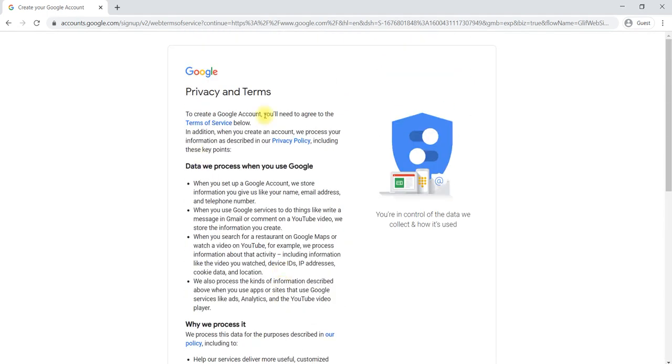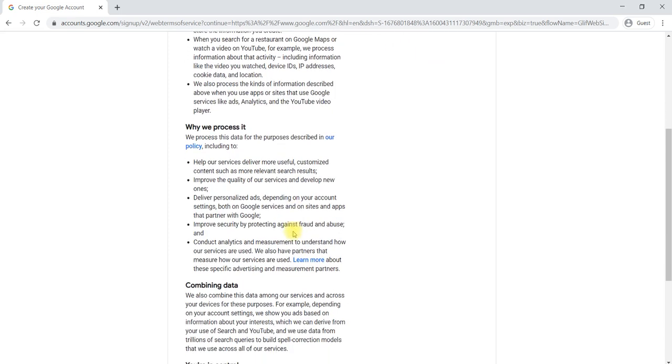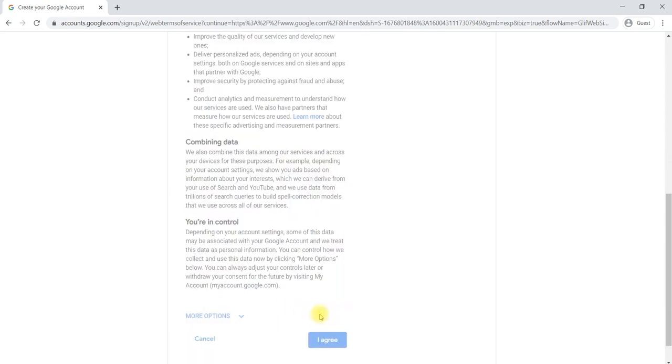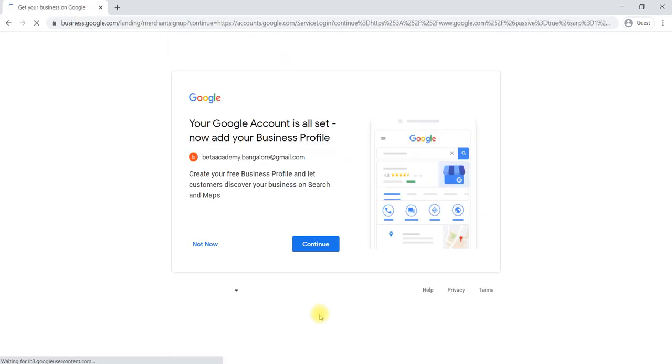All the conditions have been given. If you have time, you can read all the terms and conditions of the service and say I agree. Once you say I agree, it says your Google account is all set.